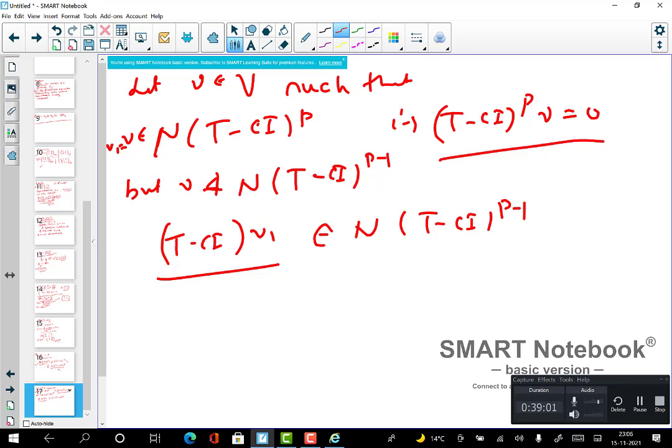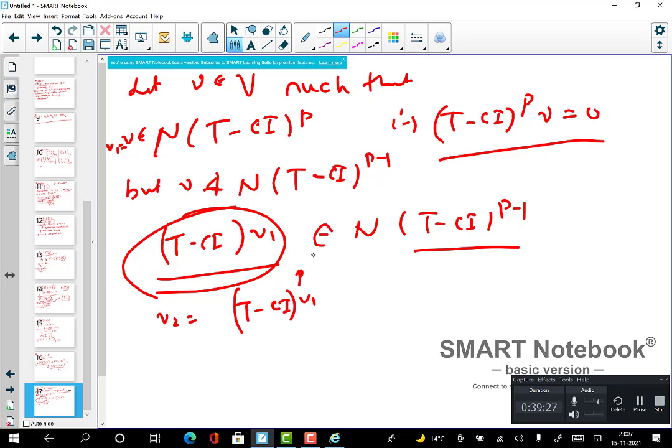Why? Because if you apply T minus Ci power P minus 1 on it, it will be T minus Ci power P of V1, which is 0, because V is in the null space of this. So this vector V2, which is T minus Ci of V1,